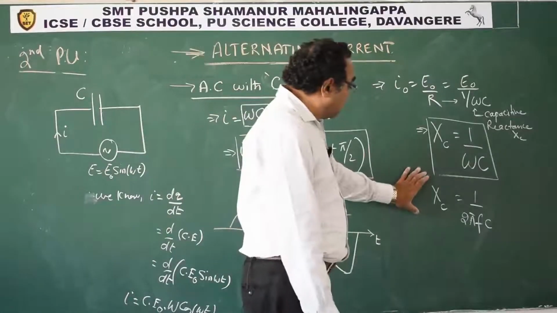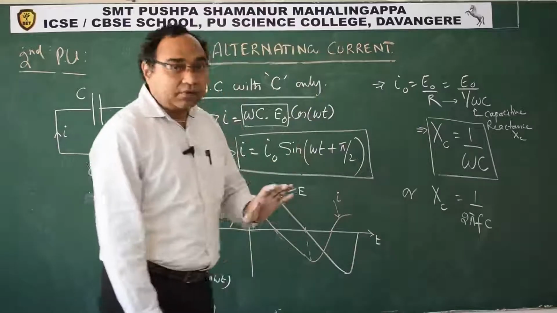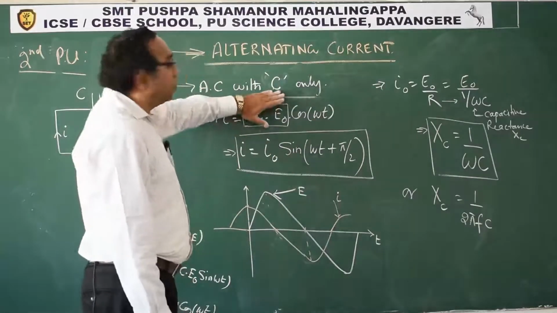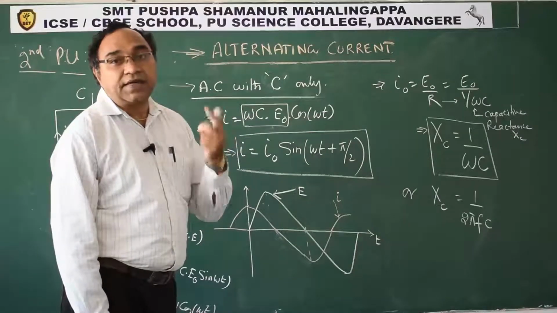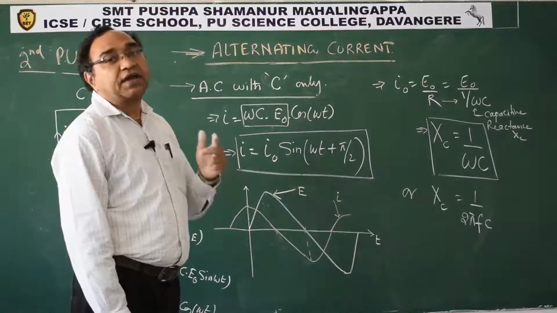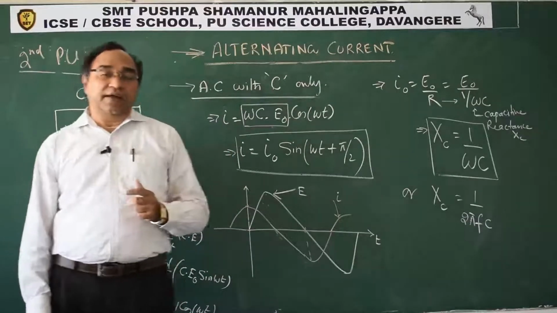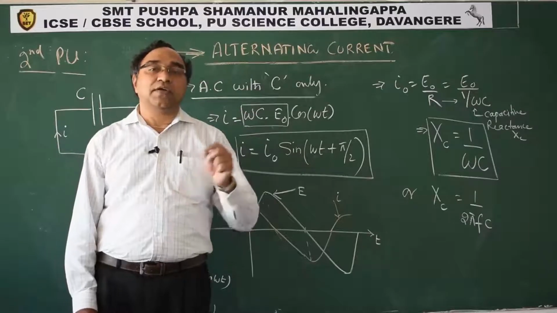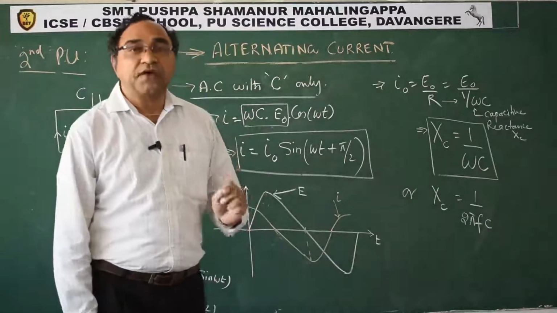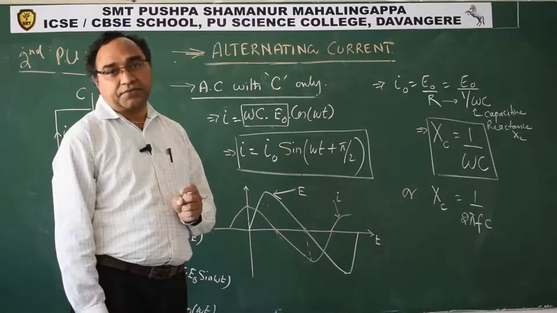Now, anyway, power consumption is known. Now let us sum up with R only. We have seen that the current and the applied EMF voltage are in the same phase. The phase difference is zero, which means that the resistance R is not able to block AC. Is it consuming power? Yes, it is consuming power, ERMS, IRMS.